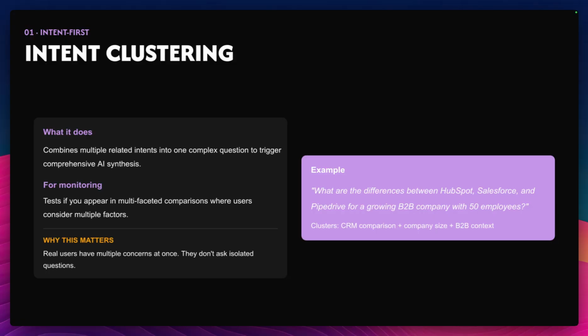With intent clustering, you mix basically multiple intents at once. Here are the intents to compare the solutions, because the example here is what are the differences between HubSpot, Salesforce, and Pipedrive for a growing B2B company with 50 employees. Again, it's more or less the same situation as in the examples before. And what I mix here is the CRM comparison. Also, I want a tool that's fitting to my company size, and also it's in the B2B context. Why I'm doing that? Because